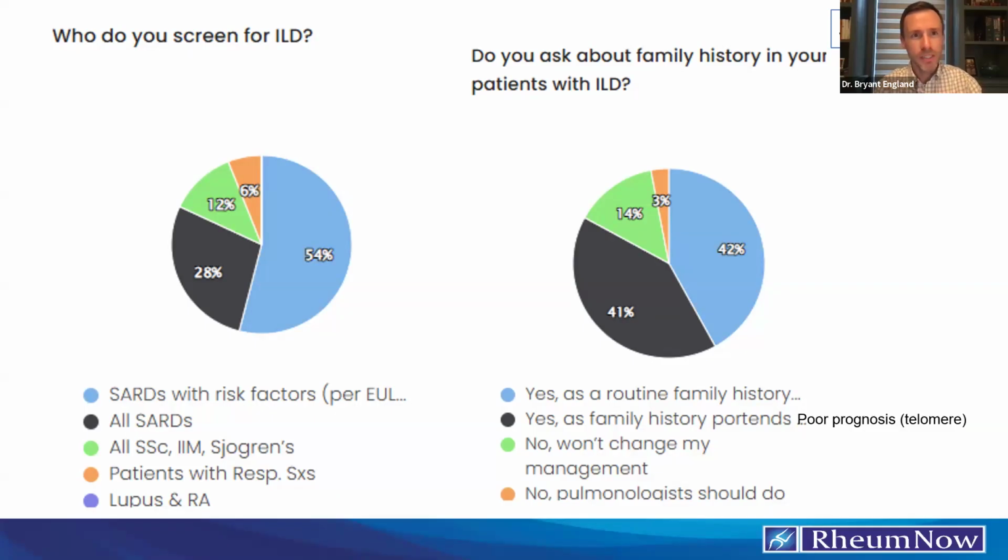Now, there have also been some studies that have taken a look at genetic risk alleles and added those on top of clinical risk factors to come up with combined genetic and clinical risk scores that can help us risk stratify ILD. And we do see that adding genetic data gives us a little increase in performance in discriminating those with and without. But again, nothing that is ready yet to be implemented widely clinically.